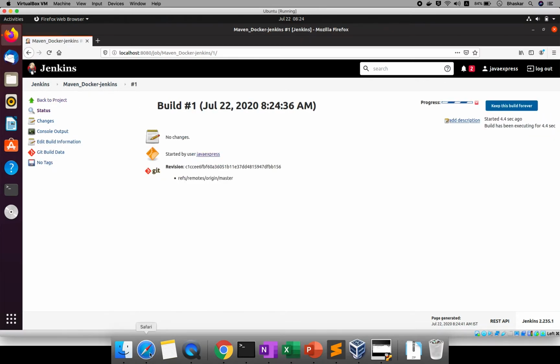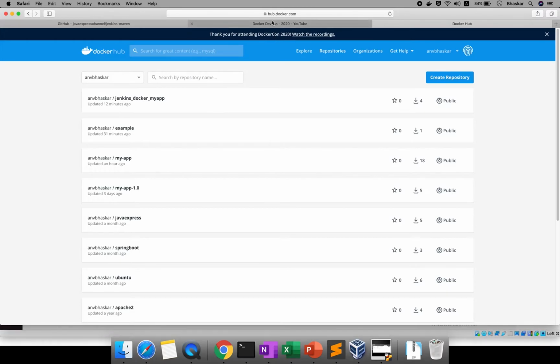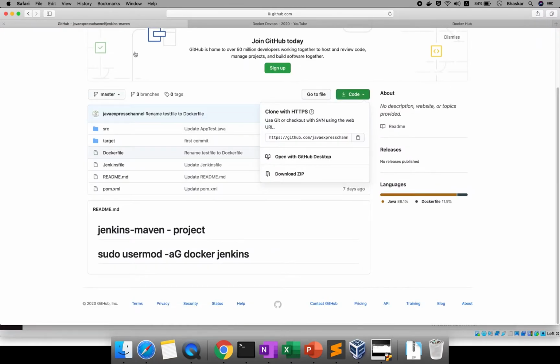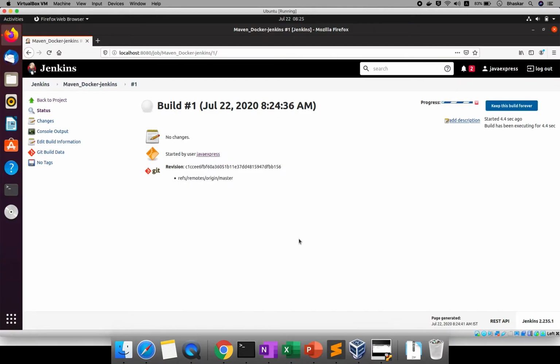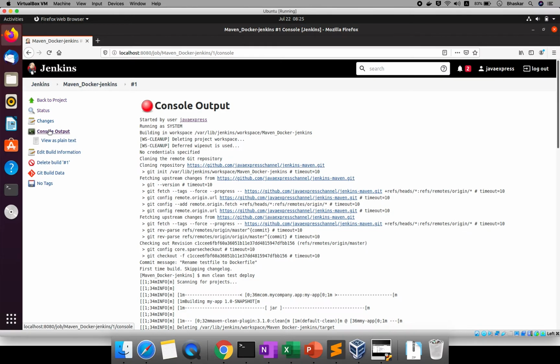And remind one point, in your Jenkins directory, Dockerfile should be there. Why? Because by default it will fetch from your GitHub account and your Docker Hub, plus it will check whether the Dockerfile is available in your repository or not. If you change to some other file, it won't work. Click on the console output. The build has failed. Now we'll see what happened.